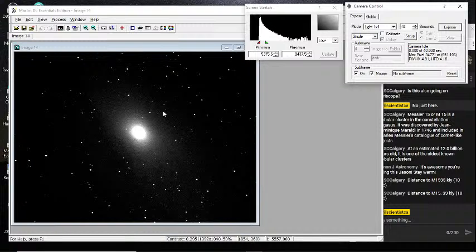So while you're looking at that, I'm going to re-aim the telescope to M110, which is a companion galaxy of M31.